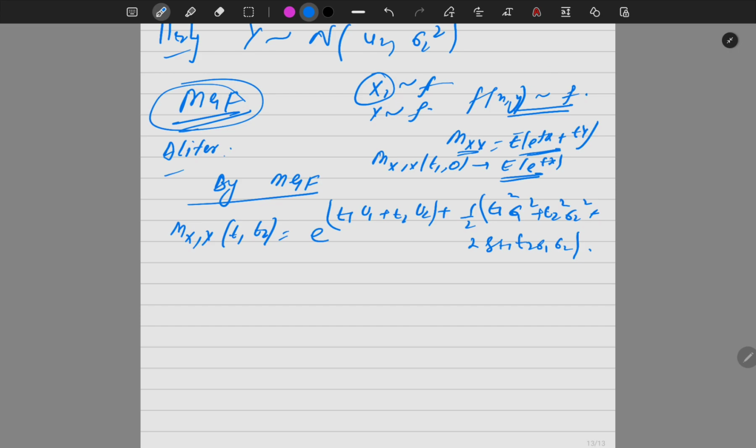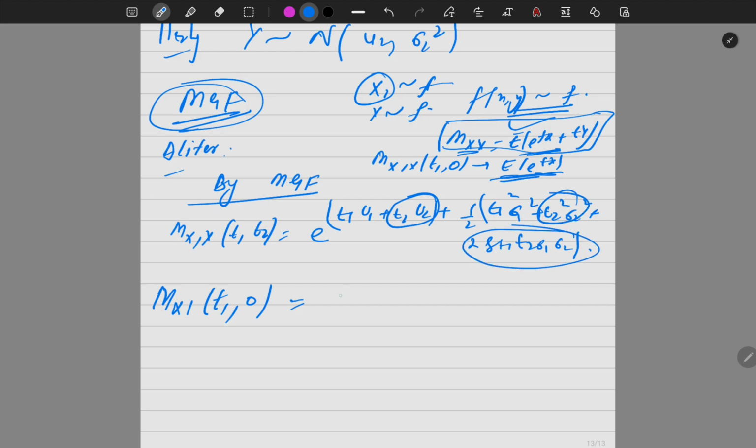यहाँ से हम क्या करेंगे, अगर हमारे पास M of x comma y है, this is joint MGF, तो अगर हमें marginal x का चाहिए, हम t2 की जगह वैल्यू पुट करेंगे 0, तो हमारे पास MGF of x, similarly y का भी निकल के आ गया। तो वही कंसेप्ट हम यहाँ पे यूज़ करेंगे। अगर हमें MGF of x1 मतलब x का चाहिए, तो यहाँ पे जो भी t2 होगा उस पर 0 वैल्यू पुट करेंगे, ये तो 0 बनेगा, ये भी 0 बनेगा, ये तो पूरा 0 बनेगा। सो यहाँ से क्या मिलेगा, e to the power t1 mu1 plus